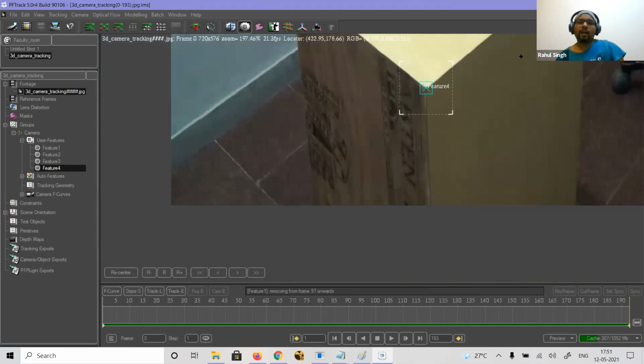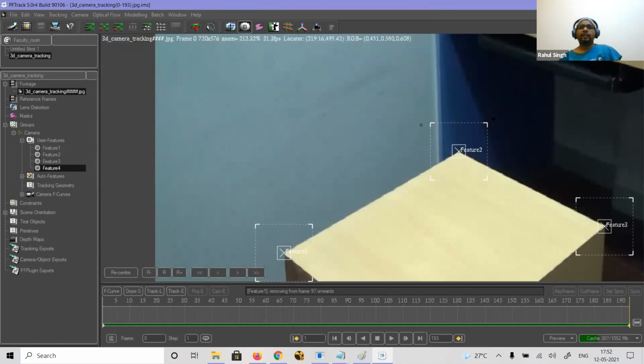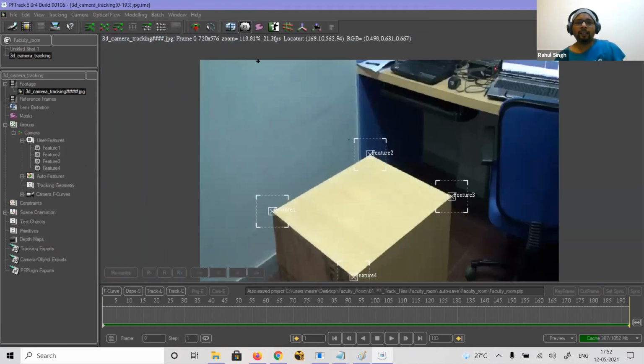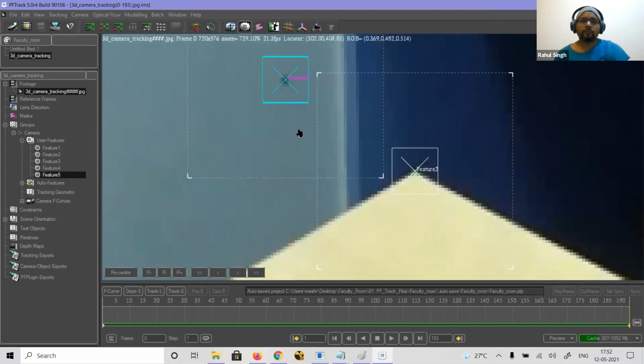Now we have to add other points, right? So I'll select some other surfaces. One I can take from this place, so let's find out where we can get it. I can see one spot that has a color change there. So always choose your pattern. Corner is there, corner is fine. But if you have a flat wall, always try to find where you have more color contrast. I can see there is more color contrast here. So I'll select and give one point here.